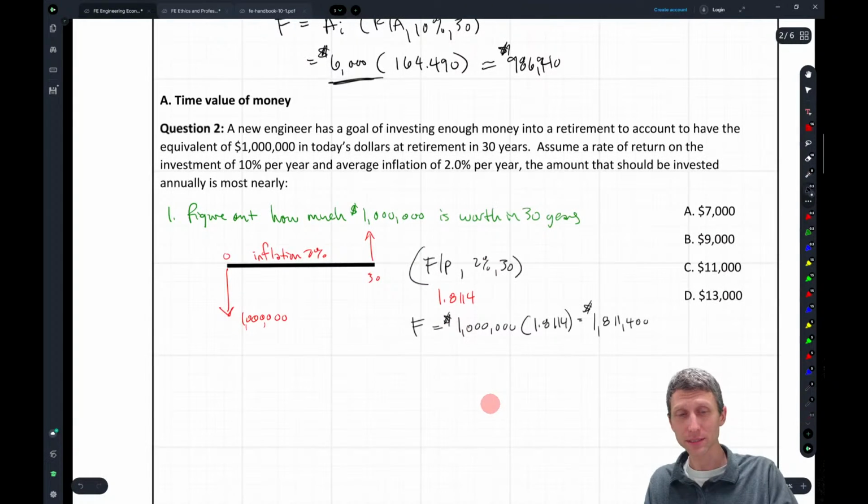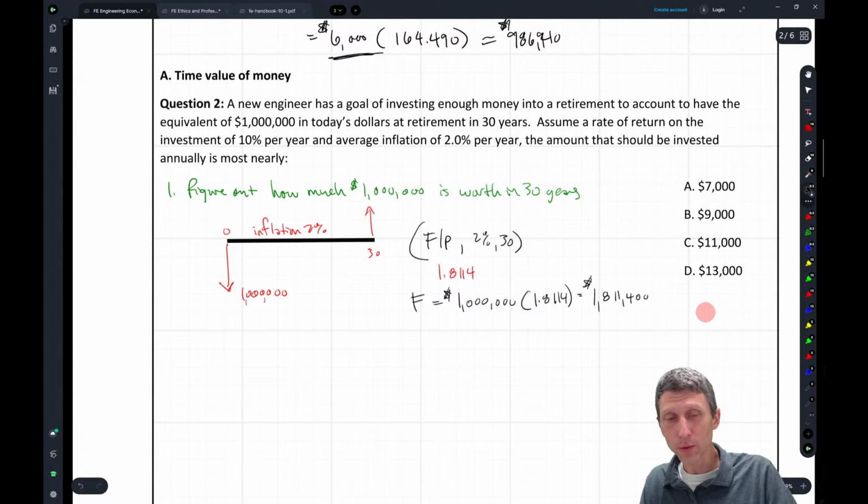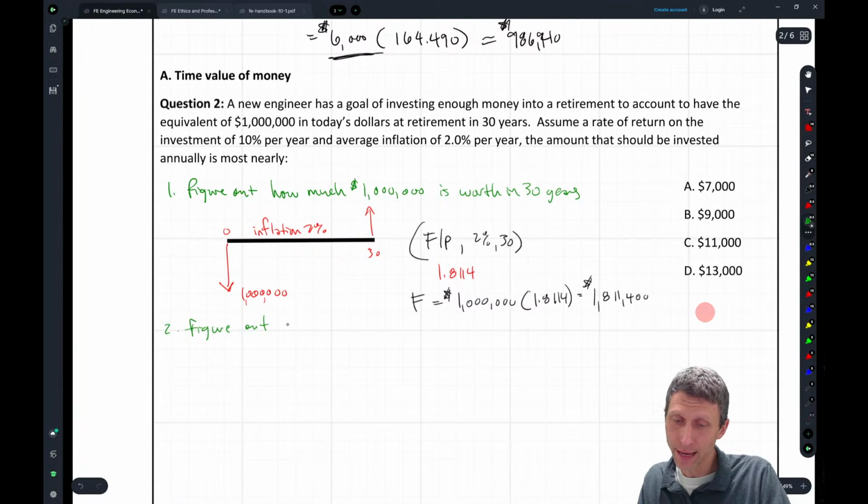And what's this going to be? I mean, we could just double it, but if we double it, does that put us to 11 or 13, right? Essentially what we want to do next here is this kind of becomes a two-step problem, right? Well, we want to figure out the annual investment,